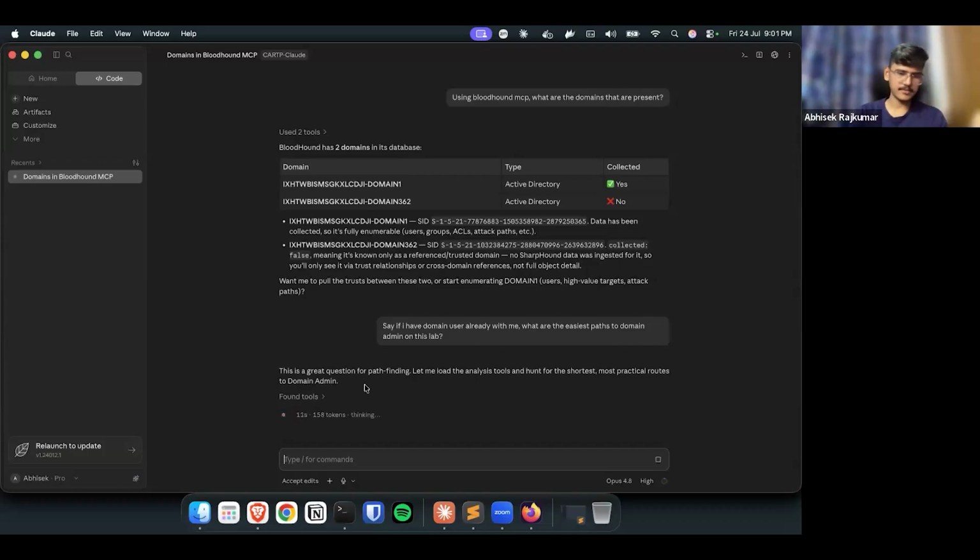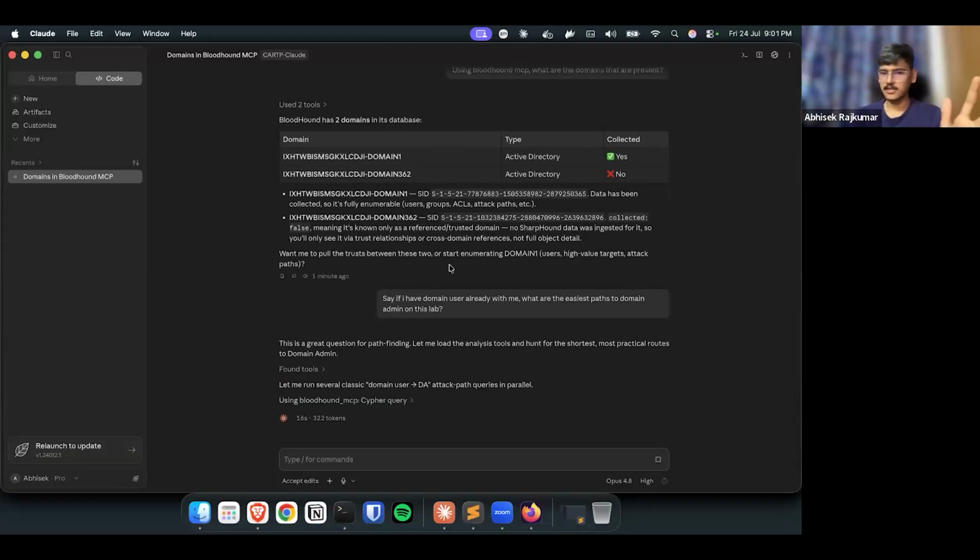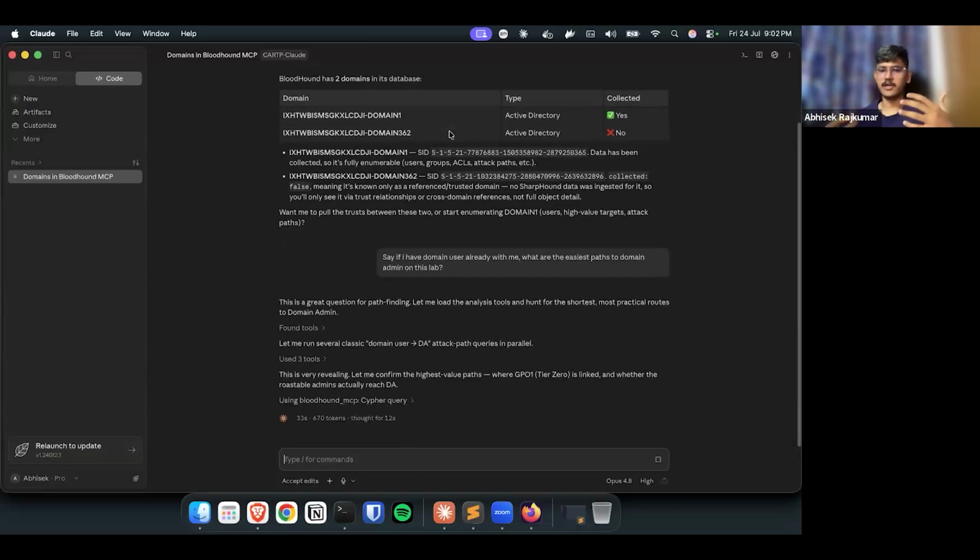So it's going to use the MCP. It's going to do a lot of Cypher queries and things like that. Typically, this particular chat is not trying to run BloodHound based queries. But if you have a chat or the context window already trained up for Cypher queries, it's going to do it very fast, and it's going to have a lot of contextual information that it can look at. Right now it doesn't have more context about that, so it can have a lot of ideas before actually doing it.